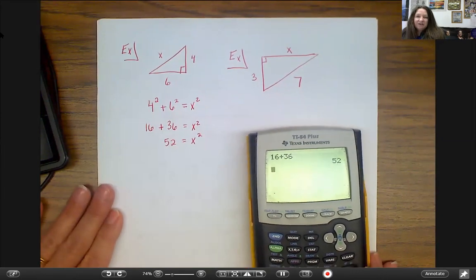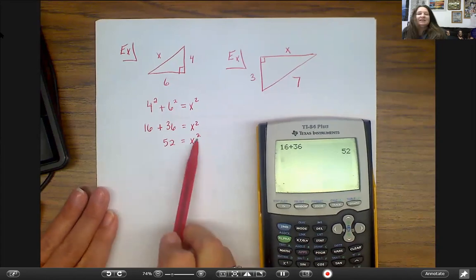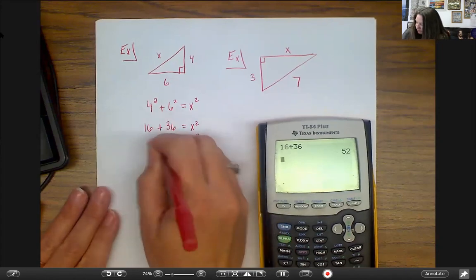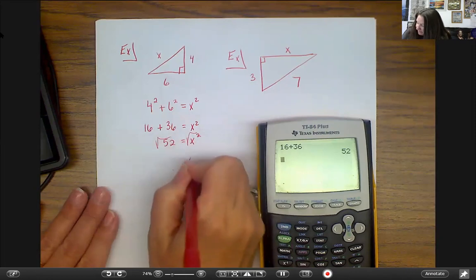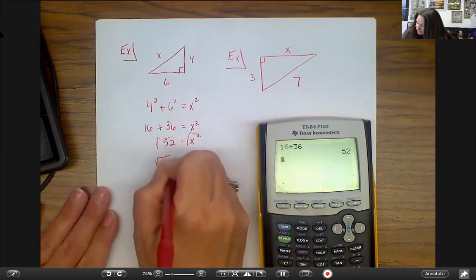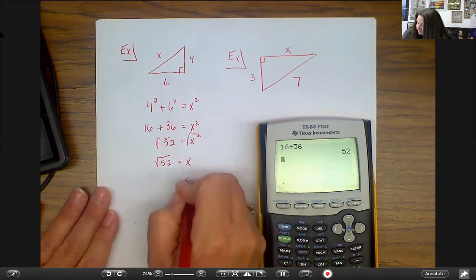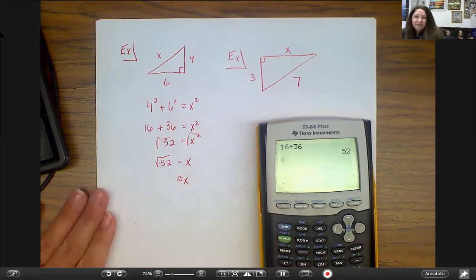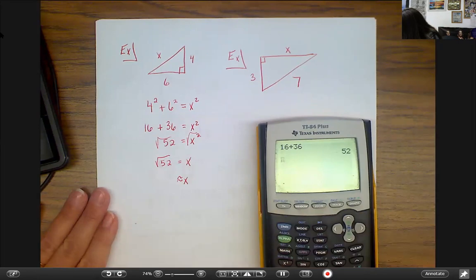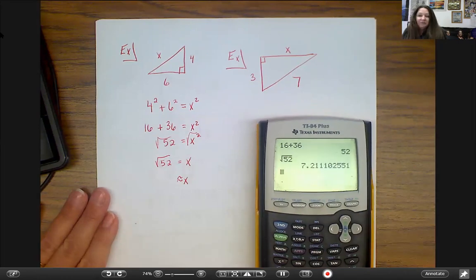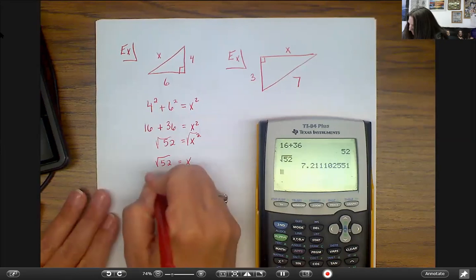Now, algebraically, when I'm solving this equation, I want to be able to cancel out this square. So I'm going to square root both sides of the equation. I don't need to put a plus or minus sign here because x is a length on my diagram, so it's going to have to be positive. So we will get x equal to the square root of 52. Now, in most cases, the problem's going to have you round this off to a decimal of some kind. So we'd want to enter this in here as the square root of 52. And we're going to get a decimal value here. We'll approximate this right now to the nearest hundredth. So then that will give me a value of